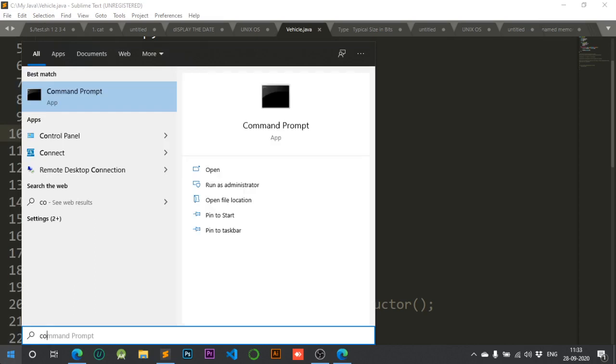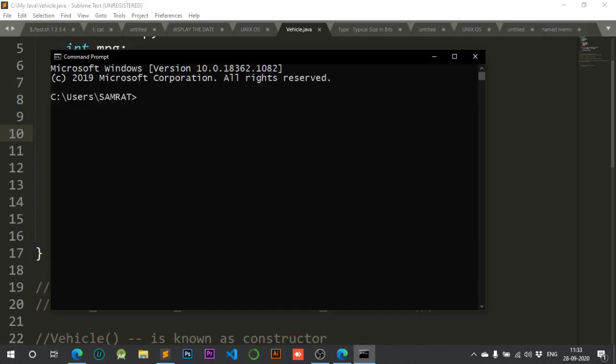After opening the command prompt, I have to navigate to my C drive. So how can I go to my C drive? Right now I am under C drive, but I am not directly under it. I am under C, then Users, then Samrat.